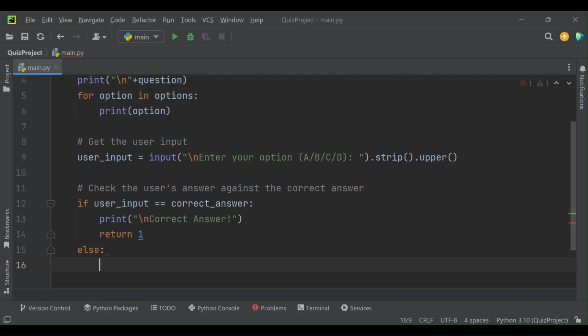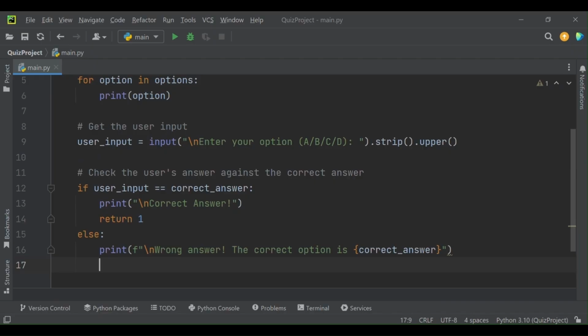Otherwise, if the user enters a wrong option, then we will display this message wrong answer, and the correct answer is, or you can say the correct option is, and after that we will be passing this statement as an f string here inside the print function so that we can display the correct answer for the user, and we will return 0.